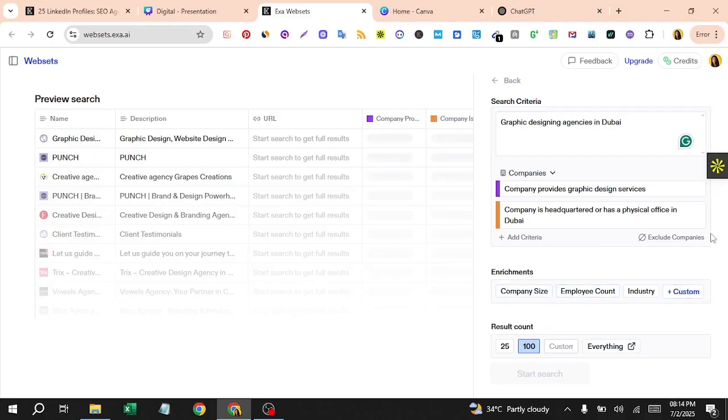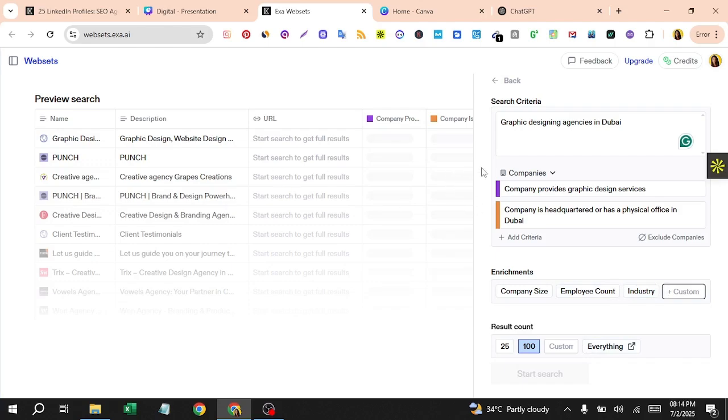From here you can also set filters: company size, employee counts and industry. If you click on custom, in the free version of this tool it doesn't allow you a lot of filters, so you don't have much choice.